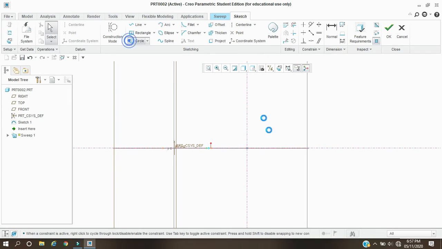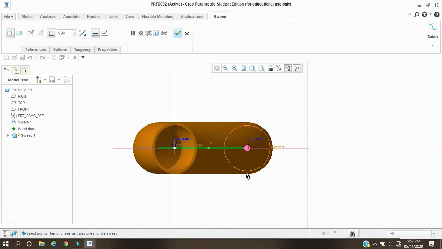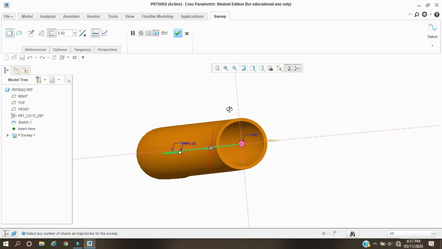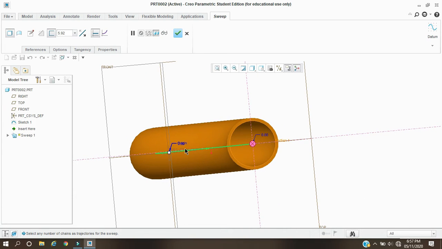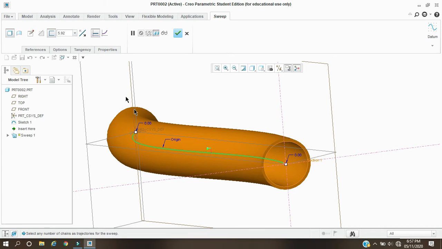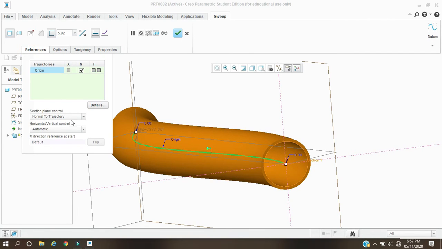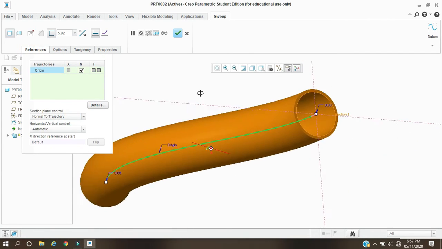I'm going to delete it. Then, for example, this is a closed cross section. Now you can see the same thickness is added for the closed cross section also, and the material flow is taken along the trajectory. From here also we can change the material flow conditions.